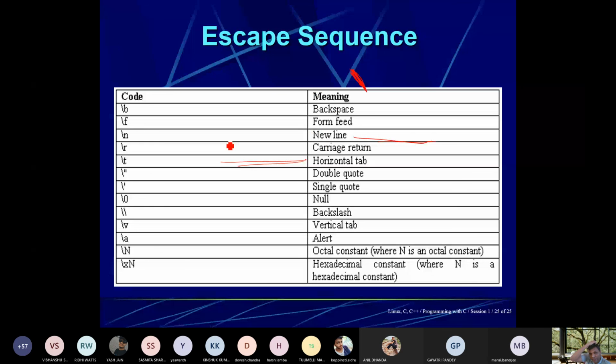There are different escape sequences, like \b is backspace, \f is form feed, and many things are given. I had already explained, let me explain once more. \n new line, \r carriage return, \t horizontal tab, \" double quote, \' single quote, \0 null, \\ backslash, \v vertical tab, \a alert or alarm, \N octal constant, and \xN hexadecimal constant, where N is a hexadecimal constant.